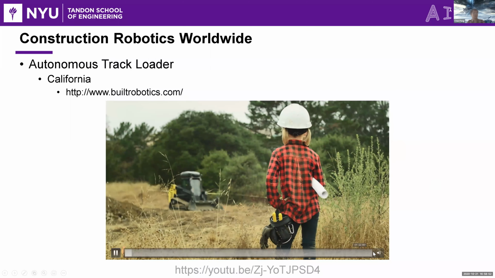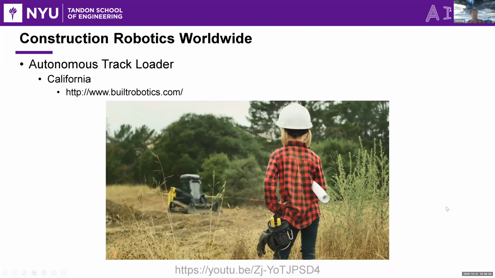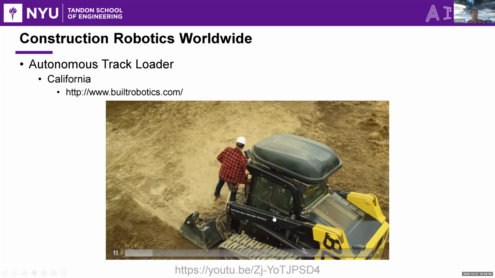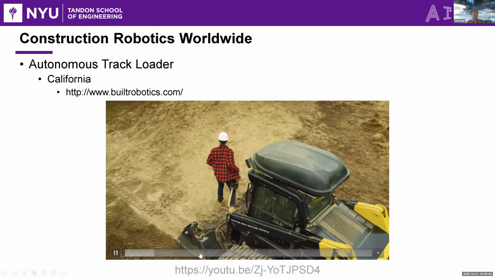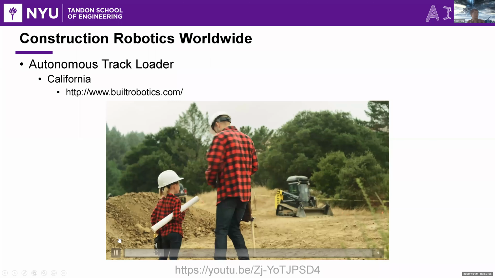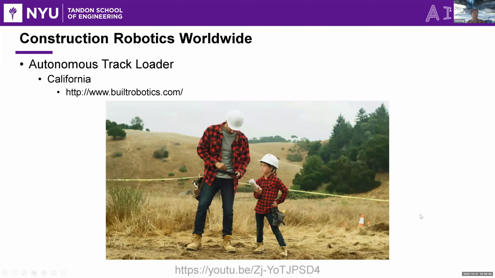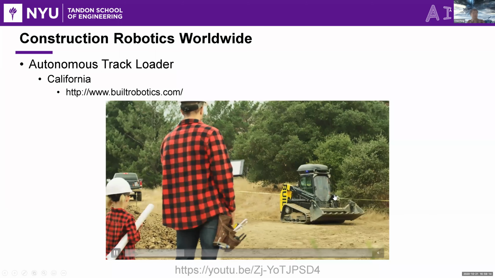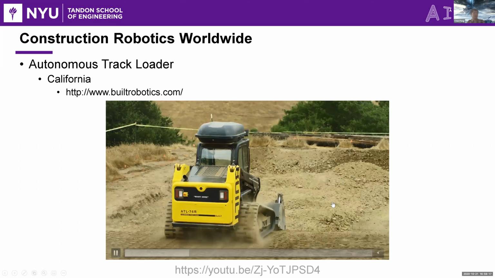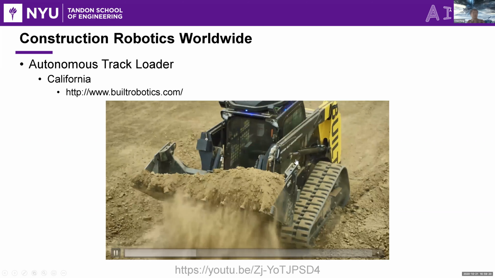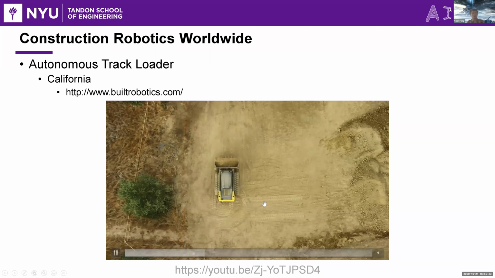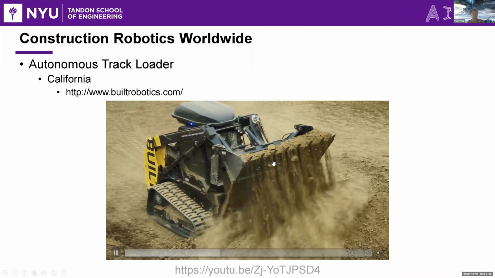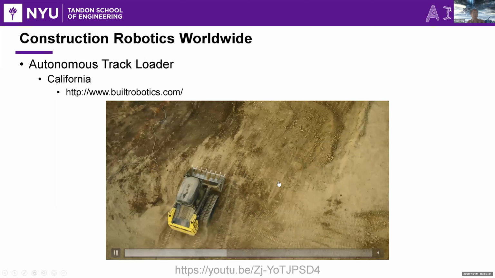And this is a startup company in California where they're combining self-driving technology with mini track loaders and achieving automated job site layout. Right? You can actually see that the technology they're using, I believe, is not even as complex as self-driving cars, because they just need GPS to guide the machine. They don't need the machine to be super safe because they can control the site without any pedestrians walking by.